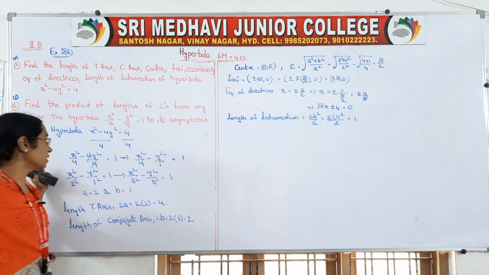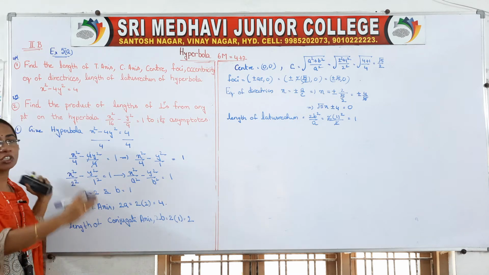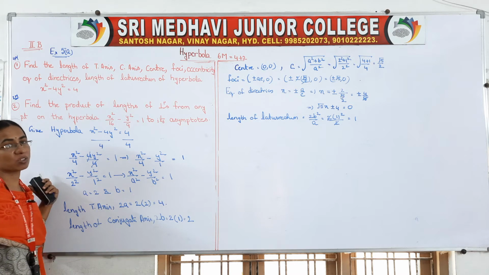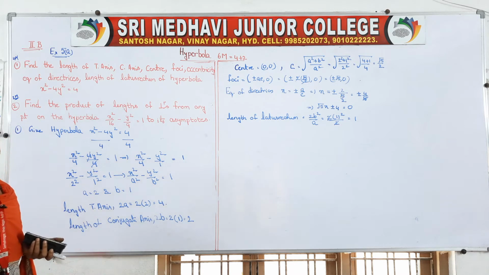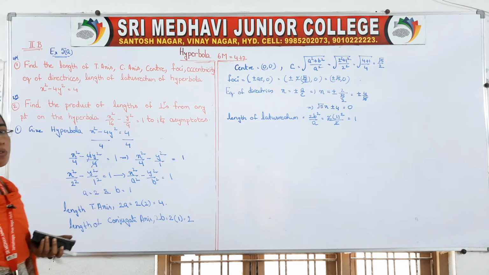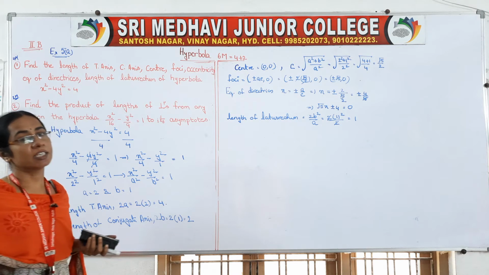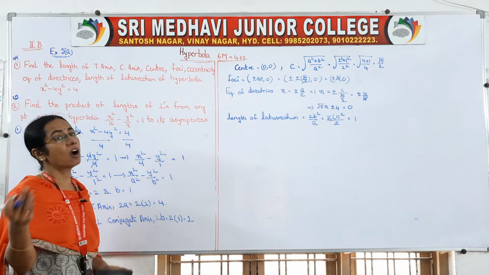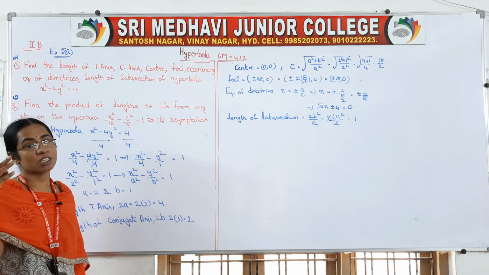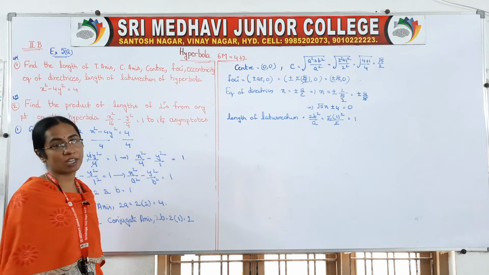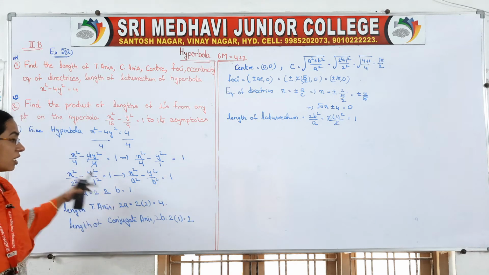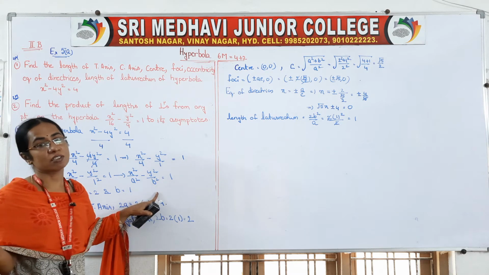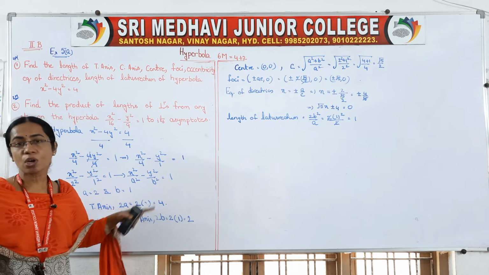So very simple, just reduce the given equation into standard form. That too it contains only x square and y square. If the equation contains x square and y square, it belongs to the first or second case, right. X square by a square minus y square by b square is equal to 1, or x square by a square minus y square by b square is equal to minus 1 form. So just reduce it, then you will know your a and b values, and you know that the center is 0, 0 for the first two cases.